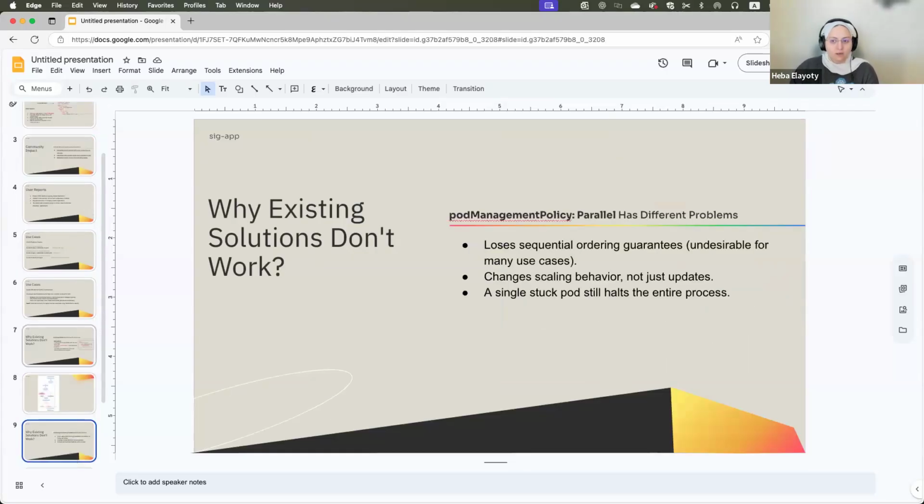actually the pod management policy, if we set it as parallel, this also won't work because this will lose the benefit of the sequential ordering guarantee for other people. So in many use cases, this will not solve the problem.